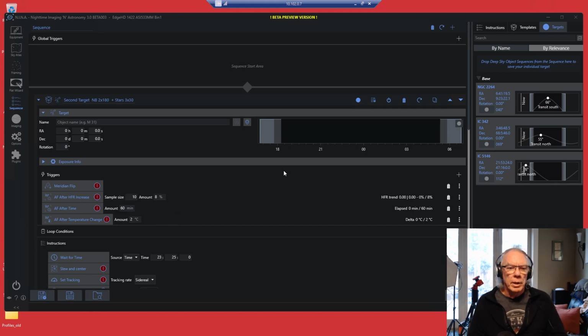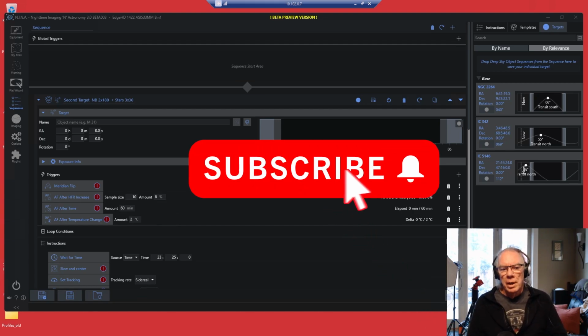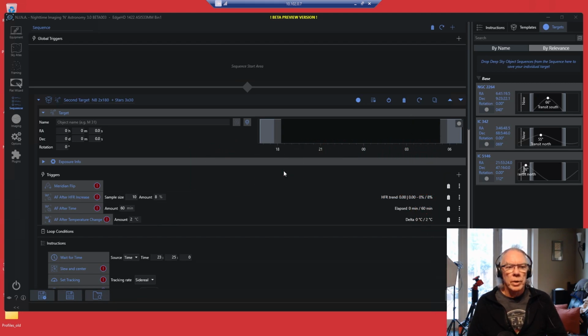But fear not the advanced sequencer. Again, your needs are your needs, so you may not need the advanced sequencer, but if you're a curious person, you might find you can unlock a lot of value with the advanced sequencer that N.I.N.A has to offer. And I'm going to do a couple more of these videos to share other areas within N.I.N.A that I think offer more value than what the ASIAir platform can provide.